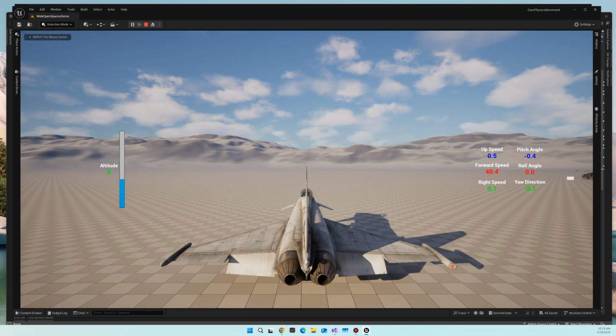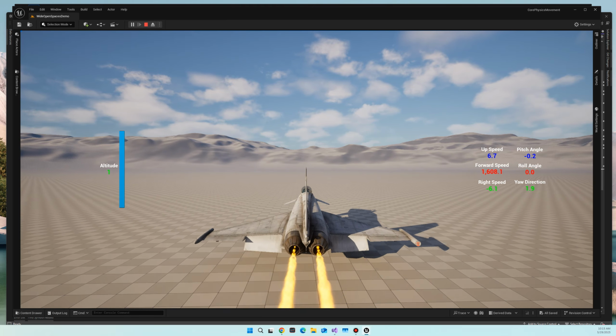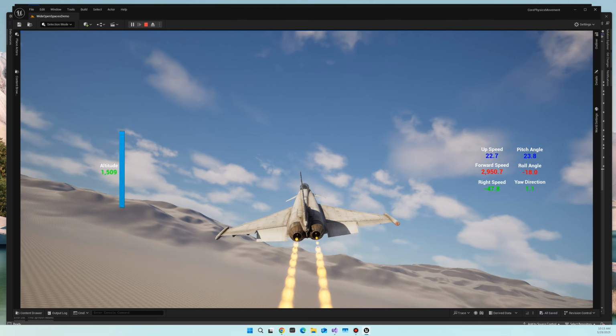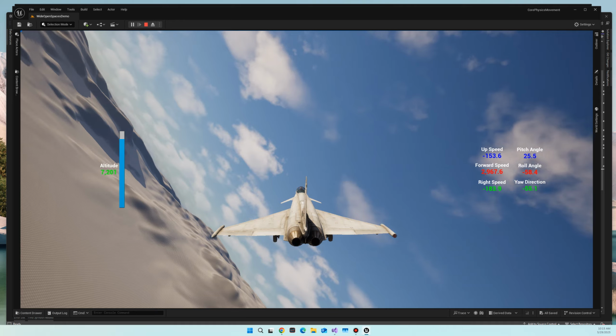Hello, I'm Mark, and welcome to my Unreal Engine tutorials on how to add wings and flight control surfaces to your physics movement system. So in continuing with our physics-based movement series, we're going to be going ahead and creating